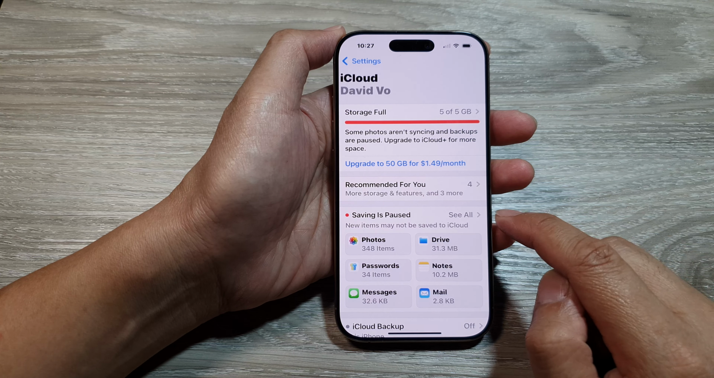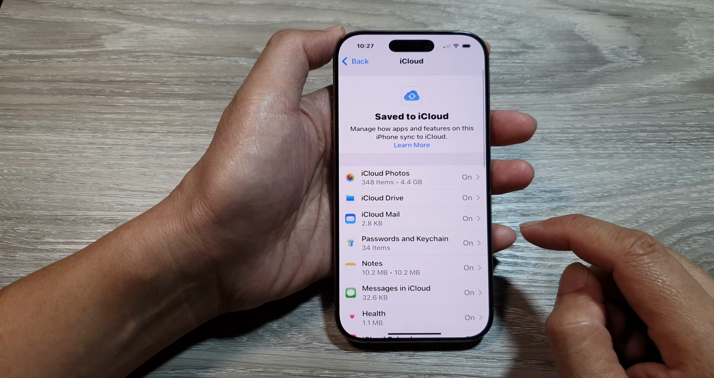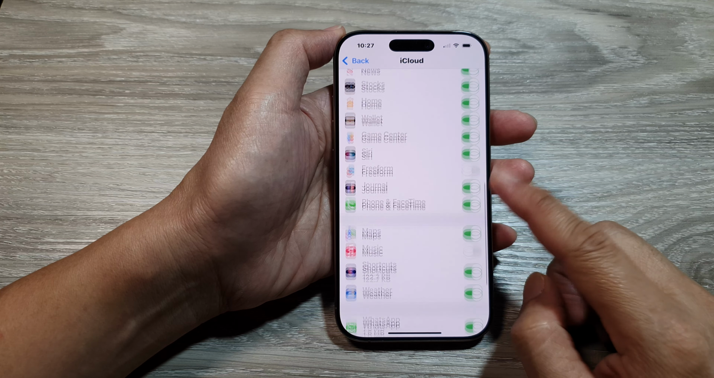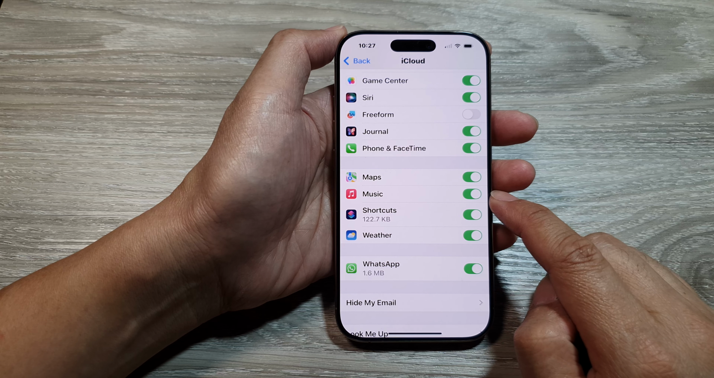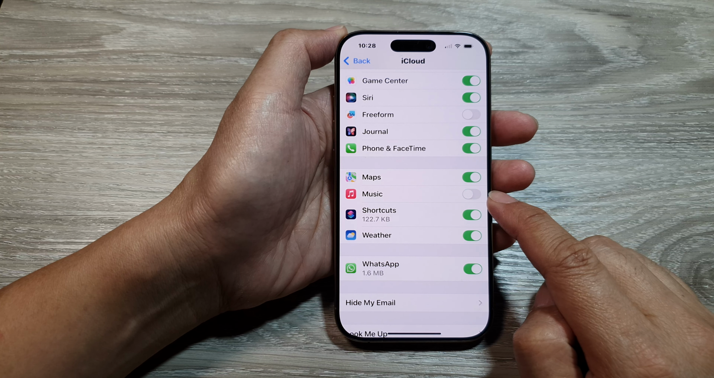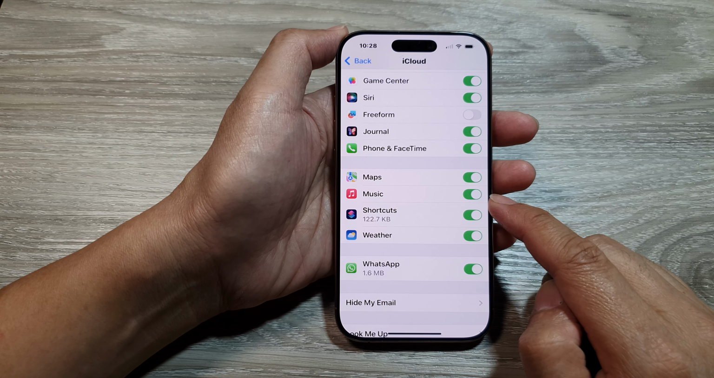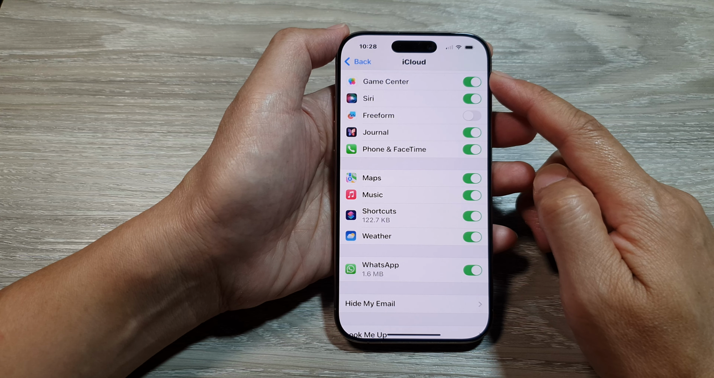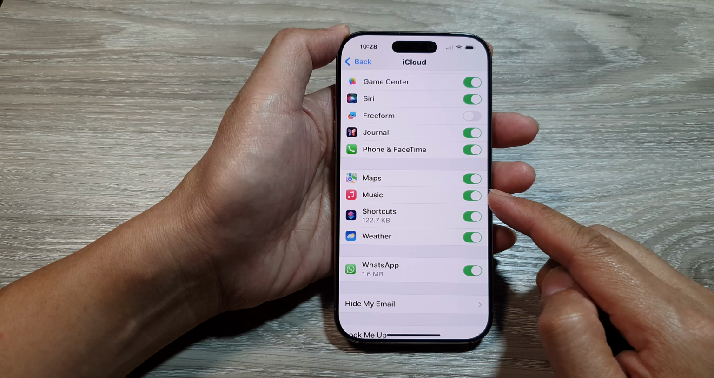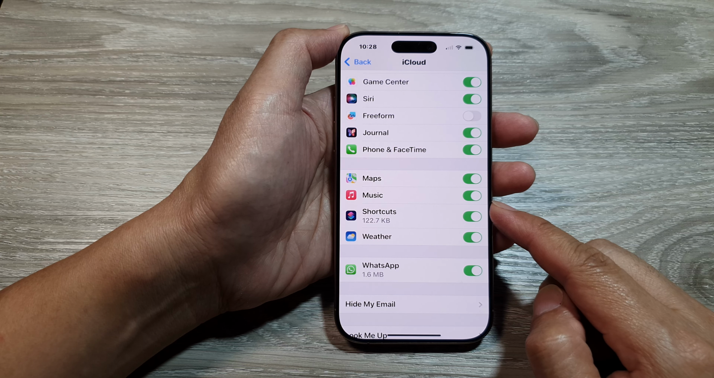Next, in here, tap on the See All button. Then we scroll down. And in here, tap on the music toggle button to turn on or switch off sync. When you turn this on, your music can be synced to the iCloud. And once it is synced to iCloud, you can access your music from other devices as well as on the